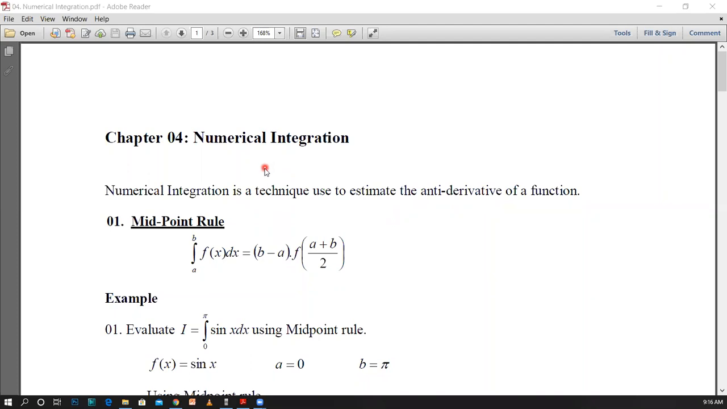Therefore, when we are going for numerical integration, several methods can be used, and three methods will be discussed in this session. The first method is the midpoint rule. Here, we are using the midpoint rule for numerical integration, and at the very beginning, I have to tell you all these are